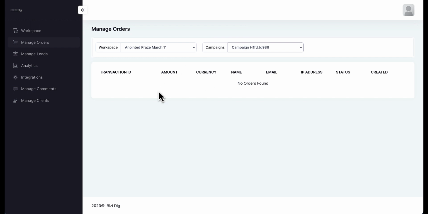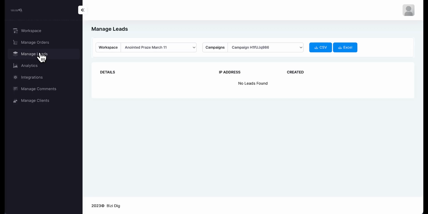And so this will show all the orders that you've done, the status, if it was fulfilled or not, the amount, the currency, if it's various currencies depending on what country you're in, the name of the person, and so on and so forth, the transaction ID. So that way you can track the order. If you're selling a line of clothing or books or something else where they're pre-ordering something or purchasing for you to fulfill the order, you can see the orders down here. Next is